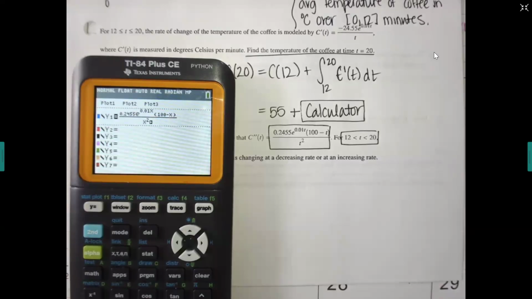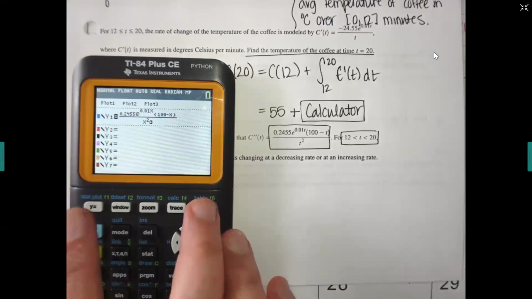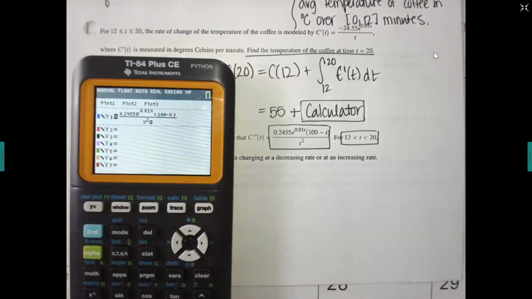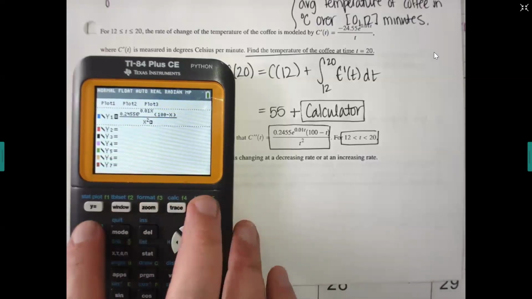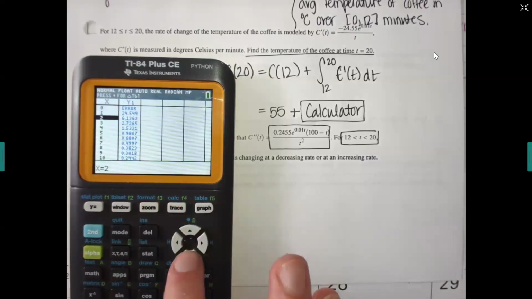Now, if you want to adjust your window, you can, but the graph is so small that it basically looks like it's just on the x-axis. So instead of using the graph, I'm just going to look at the table. Hit second graph and then scroll down to 12 and look at what types of numbers you see between 12 and 20. When I hit graph, it's so close to the x-axis that I really can't even see it. But if I look at my table,